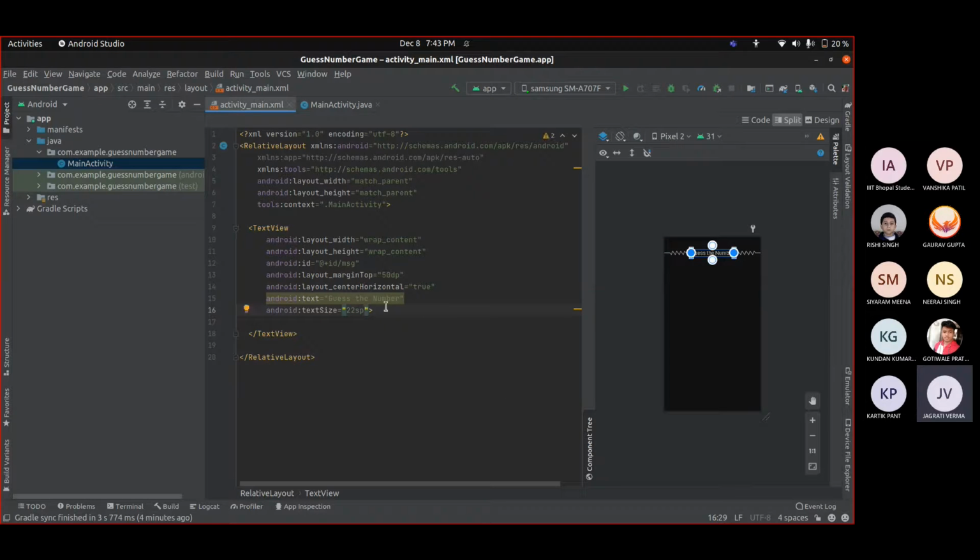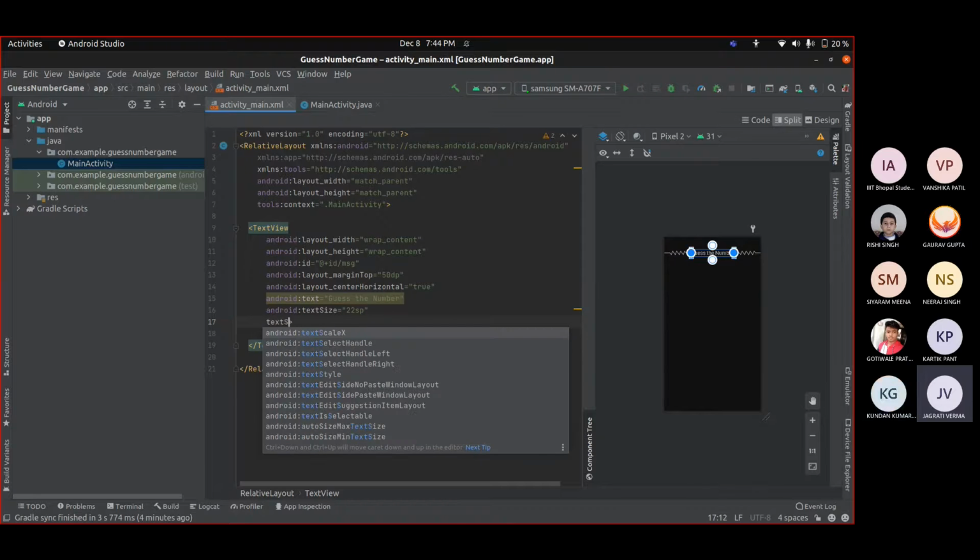So the text sizes that we set are in sp, and dp is for our images, or margins or anything else; for the text size we use sp. Okay, so we can also type here text style.